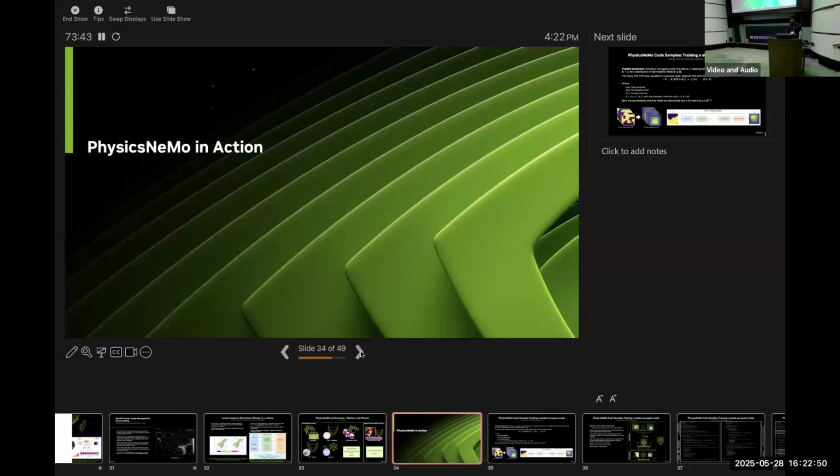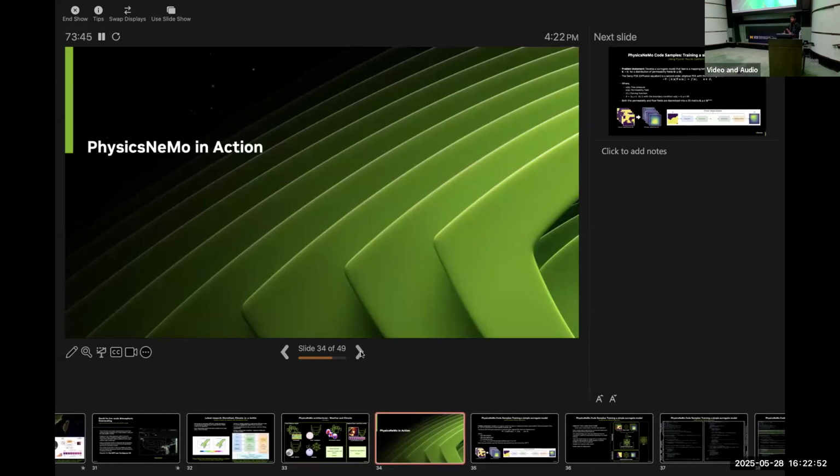So with that, hopefully that got you interested in the variety of applications that AI can do and what PhysicsNeMo can offer. Now let's dive deep into how some of these things can be done through PhysicsNeMo and look at some of these things in action.